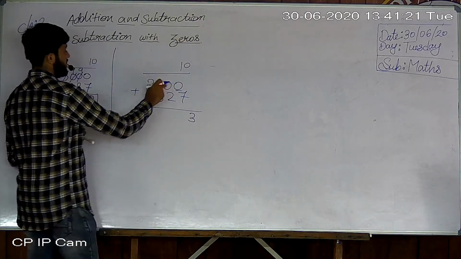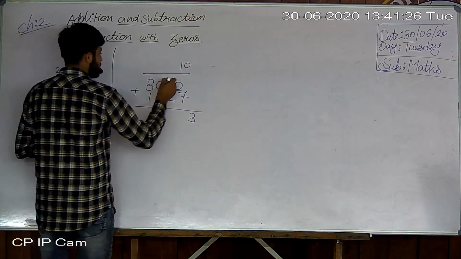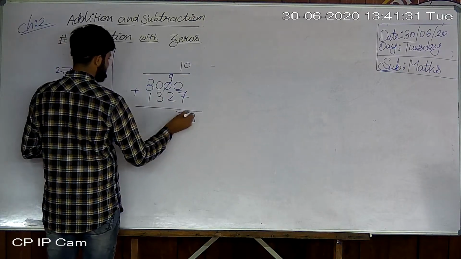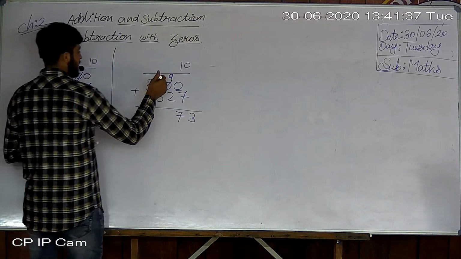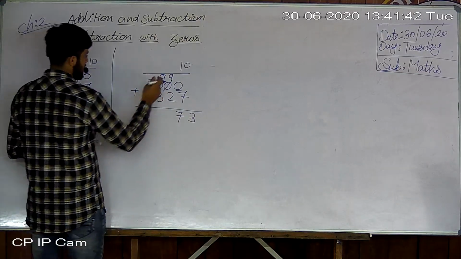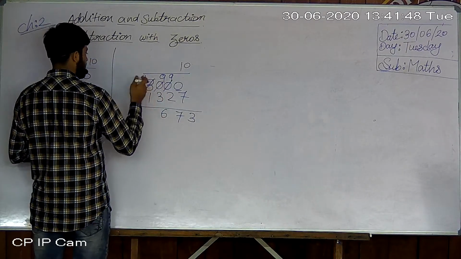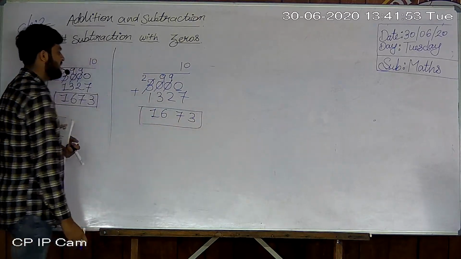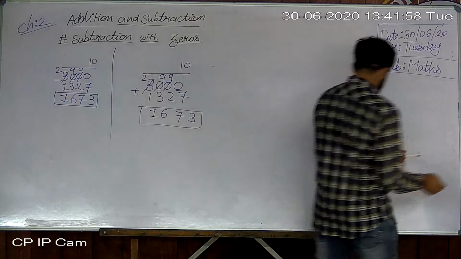Okay, here no digit means 0. So whenever 0 is coming, what are we doing? We put a 9. Okay, 9 minus 2, how many? 7. Again see 0. So again what are we doing? 9. And further 9, we always cut the digit. 9 minus 3, 6. And 3 minus 3 cut, and 2 minus 1, so 1. So what is the answer? 1673. Okay, I hope you understood better, all students.